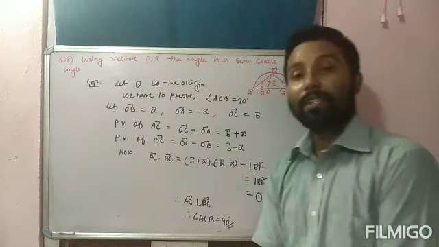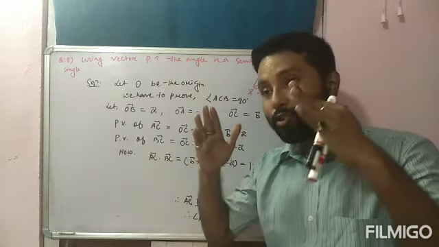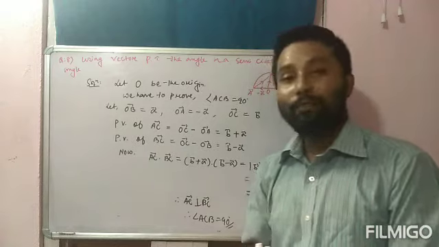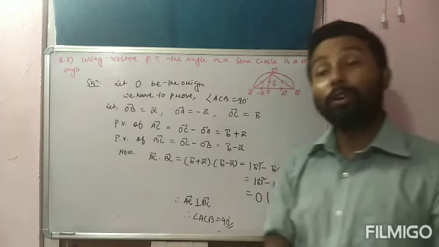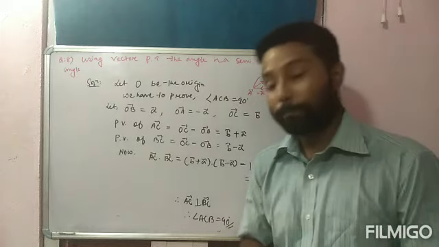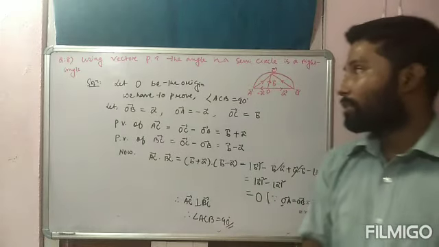Find out the position vector. दिमाग में वही रखना है कि if we can show that the dot product of any two vector is 0, then clearly we can say ACB equal to 90. Dot product of any two vector means AC and BC. Yes? So this is the solution of this question.